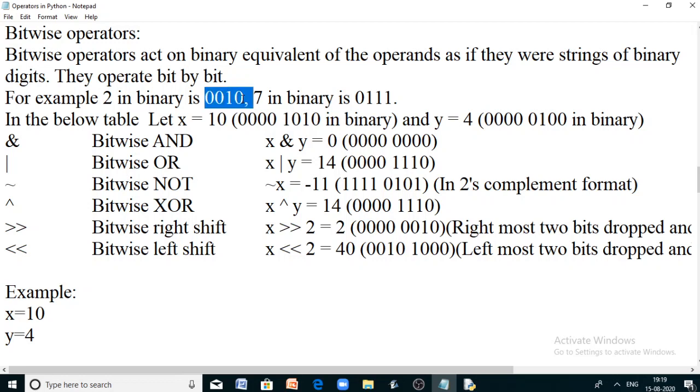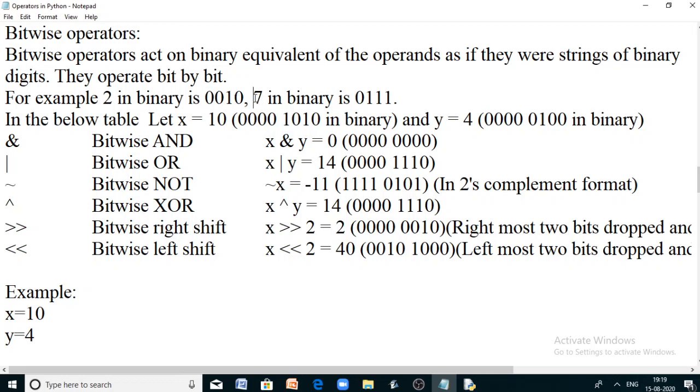That means the rightmost place is 1, then the next one is 2, then 4, then 8. Only for the value 2, 1 is given. If you add the weight values, that means 0 plus 2 plus 0 plus 0, it is 2, right? So the binary equivalent of 2 is 0, 0, 1, 0 in 4 digits.